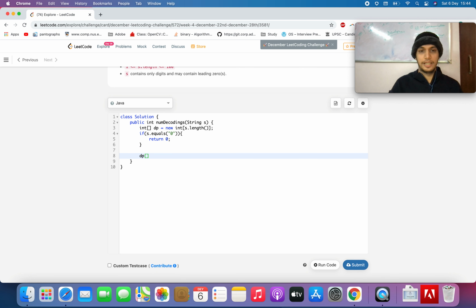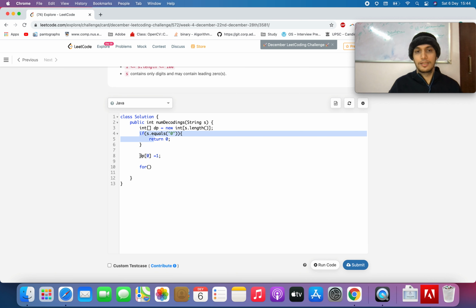Also, let's initialize the 0th index to 1, because we are sure that it is not equal to 0, and there will be one way to decode the first index as usual, because the first index can always be decoded, because the number will be from 0 till 9. 0 we handled here, the rest of the cases will be handled here.